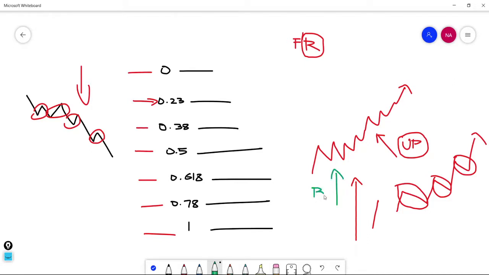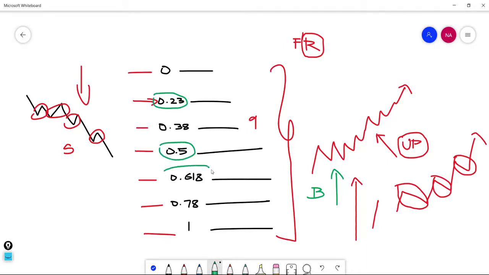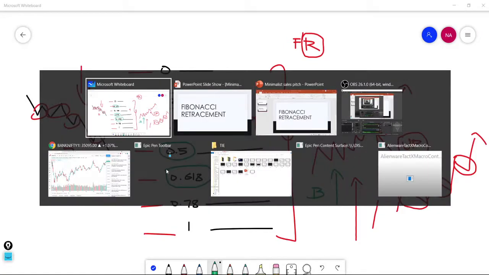To join the uptrending move, we will focus more on the buy side. To join the downtrending move, we will focus more on the sell side. So now, how to use all these levels? In this Fibonacci, there are almost 9 levels. We are not going to give importance to all these 9 levels. Very important are 0.23, 0.5 and 0.618. These three will be very important levels in the Fibonacci retracement. Now let me show you with the chart.